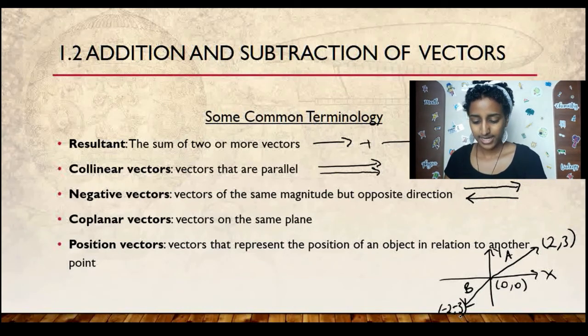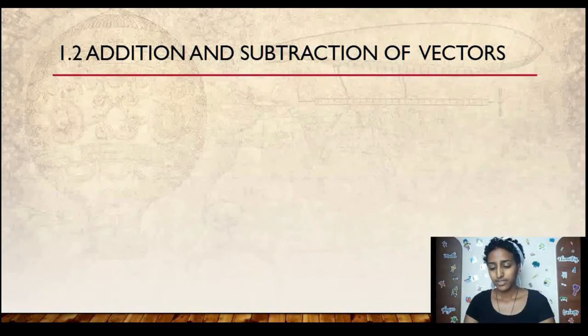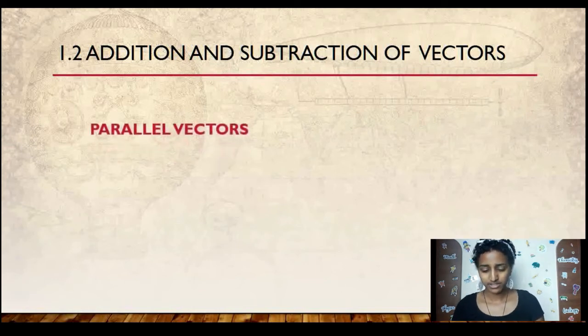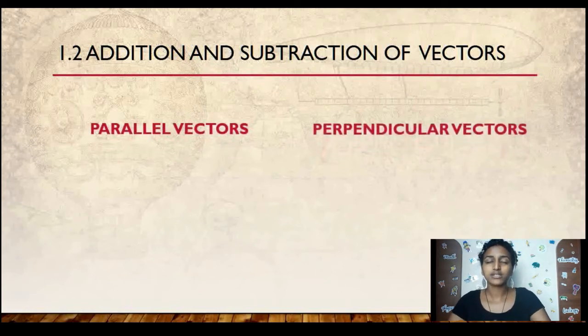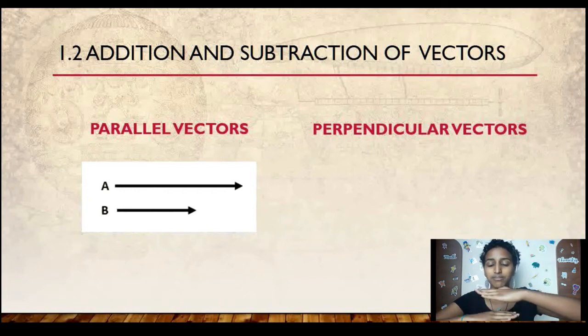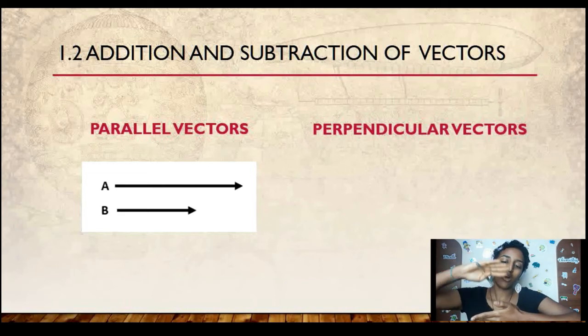All right, next we have the actual addition and subtraction of vectors. Now, first let's consider two types of vectors, parallel vectors and perpendicular vectors. Once we cover these two, it's much easier to calculate any other kinds of addition and subtraction of vectors. Now, again, parallel vectors, or another name, collinear vectors, that's right. Parallel vectors are vectors that are not necessarily in the same direction, but they must be 180 degrees from each other. They can be in the same direction, they can be in opposite directions.